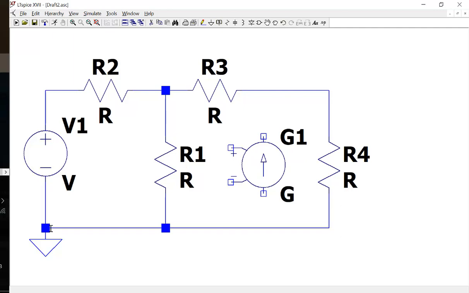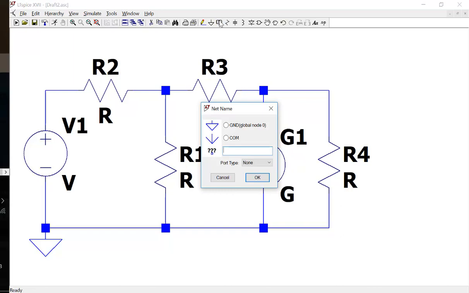Yeah, 4, right? What is this one? G means it's a gain here. So if I label this guy as A,